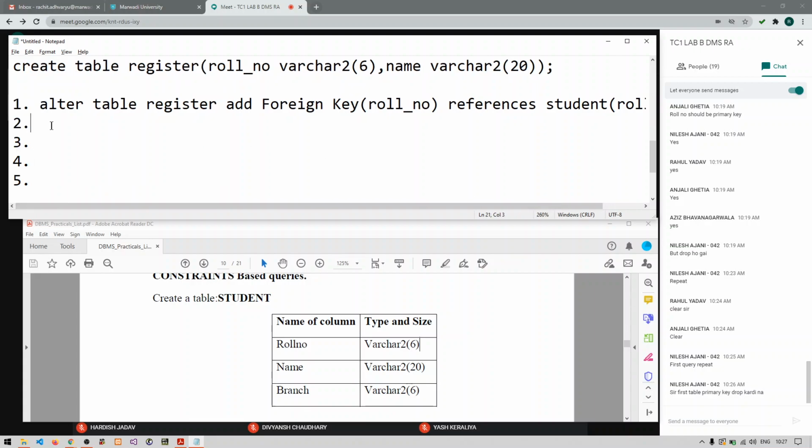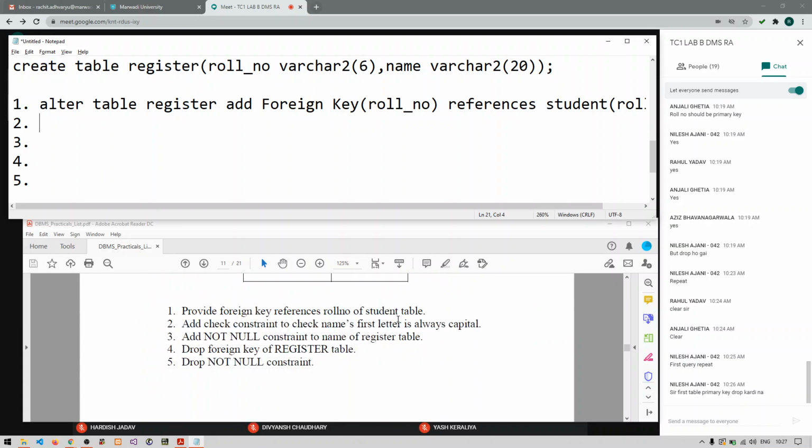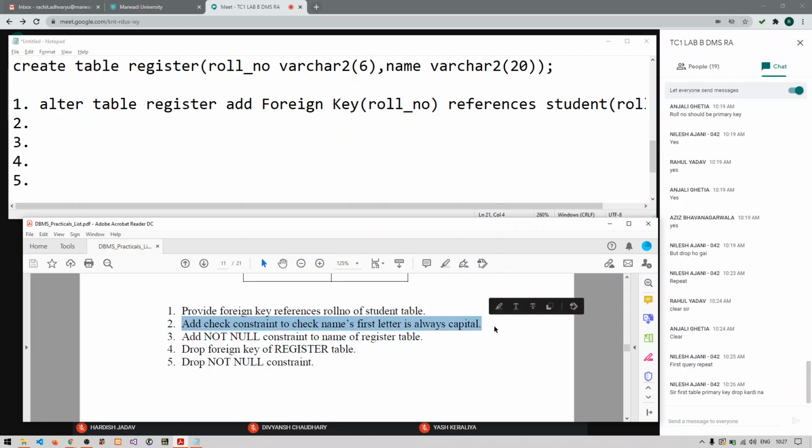Okay, then moving on to the next query, second query. Let's see what the second query is. Add a check constraint to check that the name's first letter is always capital. You need to check not the complete name. You only need to check that the first character of the name value is capital. Give me the answer of this. I am waiting for the answers.